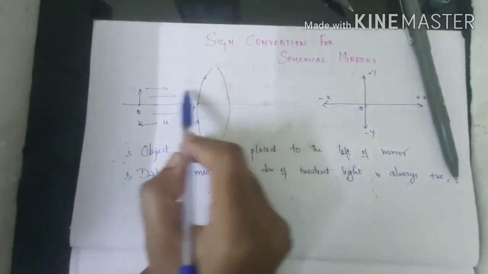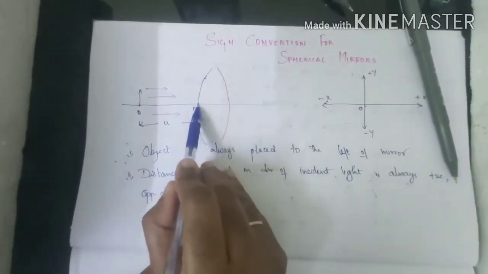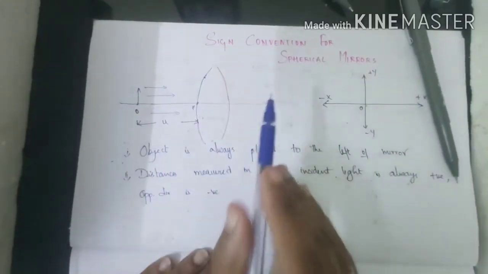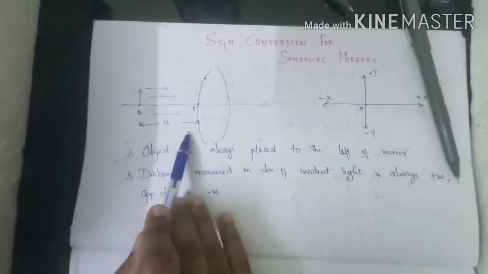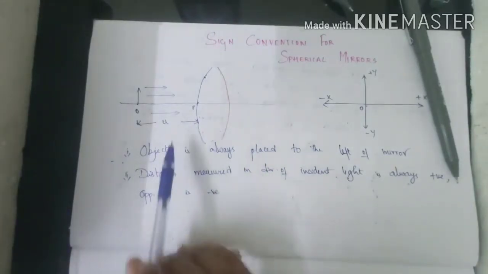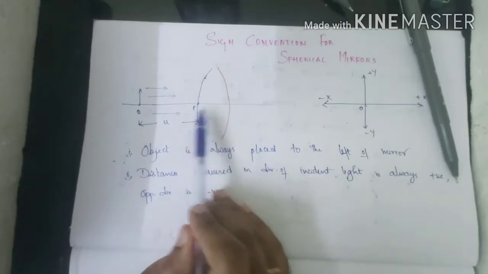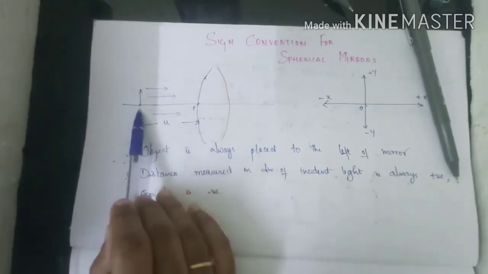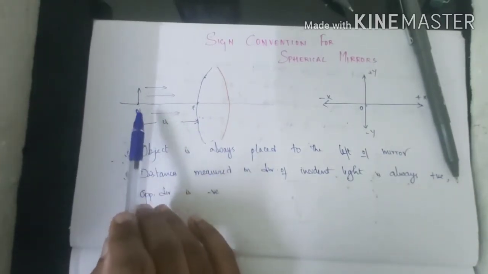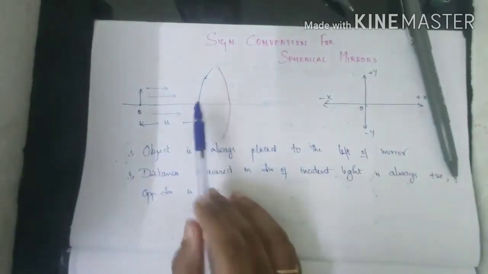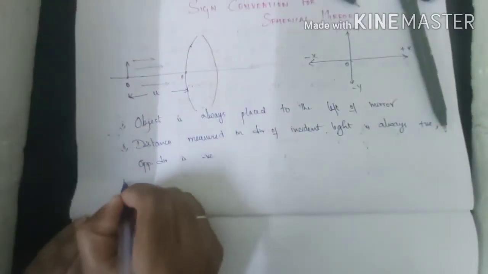So here, in the direction means from the pole, whatever distances are measured to the right are always positive and to the left are always negative. The thing is, for this pole, whether it is a convex or concave mirror, the distance of the object is always negative because it is lying in the opposite direction of incident light. And third point is,